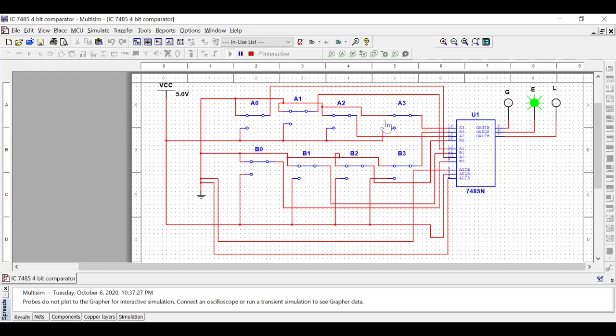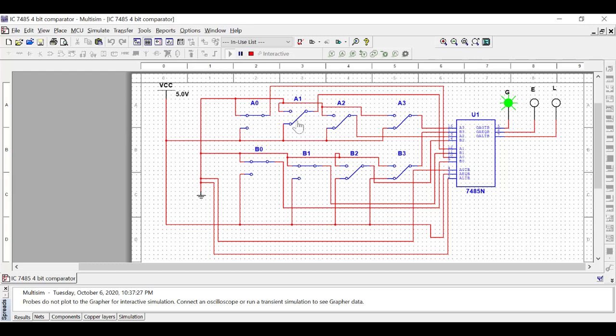So if I make A3 1 and B3 1, both are 1, and if you look at here, the remaining are all 0, that means again it is equal. If I make my A2 1 now, I am going to get A greater than B. If A2 and B2 are both 1, I am going to compare my A1 and B1 now. If I make A1 1, again I am getting A greater than B. Even though your A2, B2 are the same, A3, B3 are the same, since A1 is greater than B1, you are going to get A greater than B.